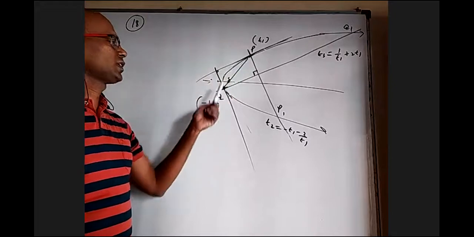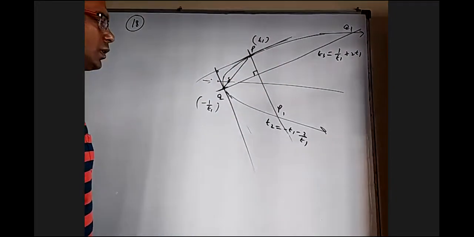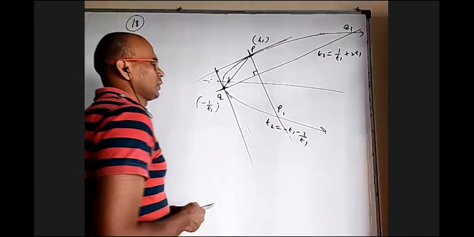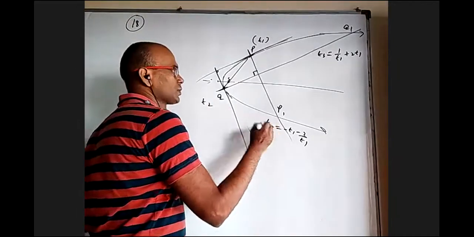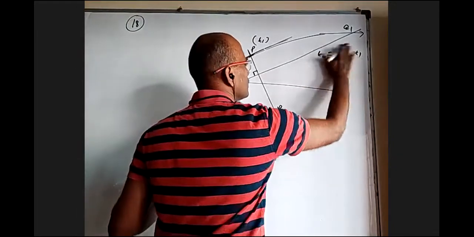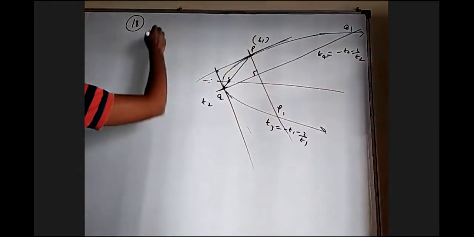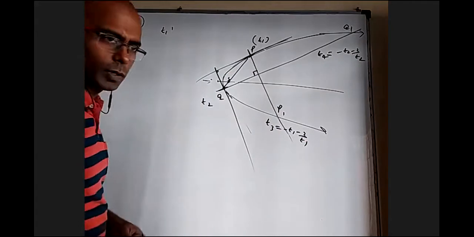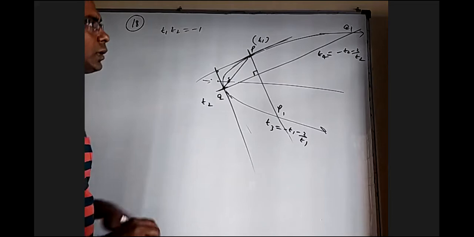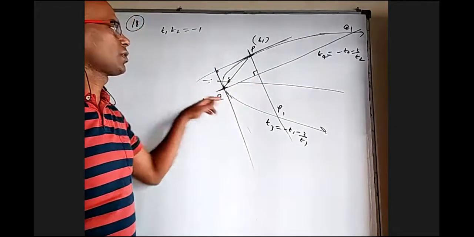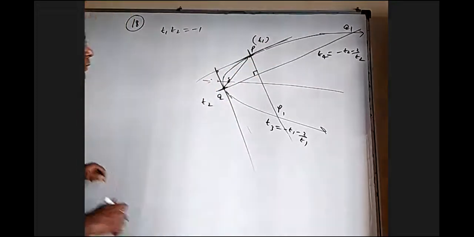I can take T1 here, T2 here, T3 here, T4 here, and later on use that relation maybe. Shall we try that? Okay. I'll call this still T2. This is T3, this is T4, which is -T2 - 2/T2. But P and Q are ends of a focal chord, so T1T2 is -1. First of all, whether this is parallel to this or not is a very important point for me. And then this length is how many times this length.